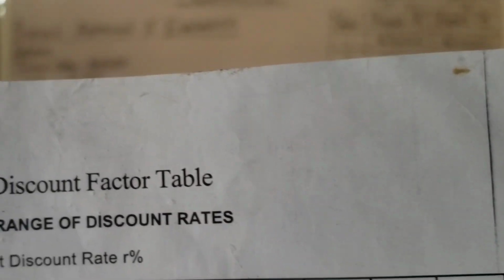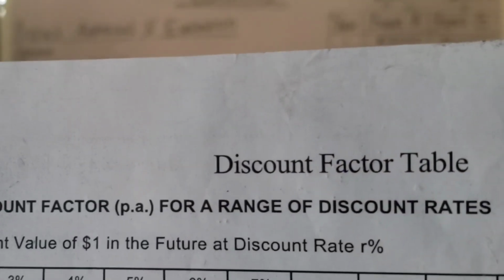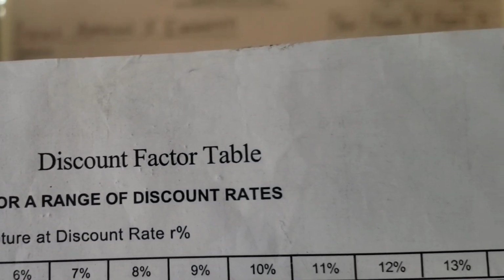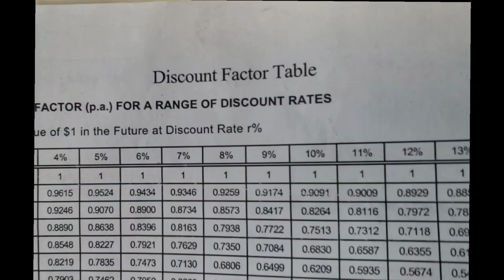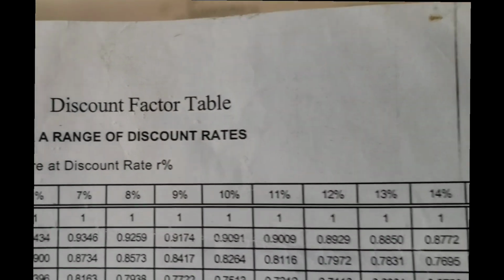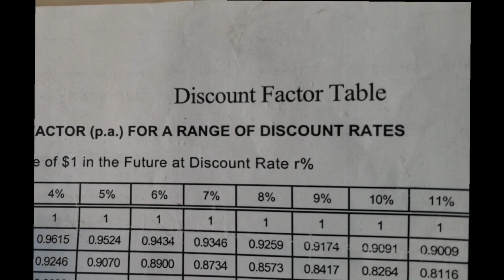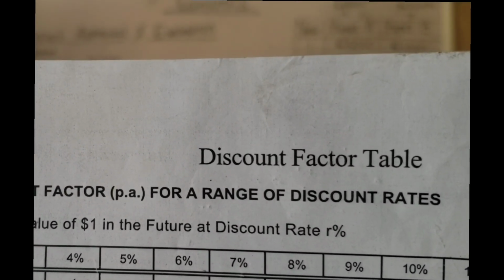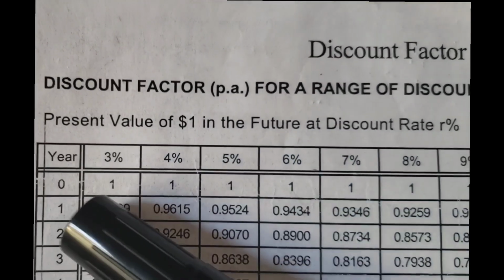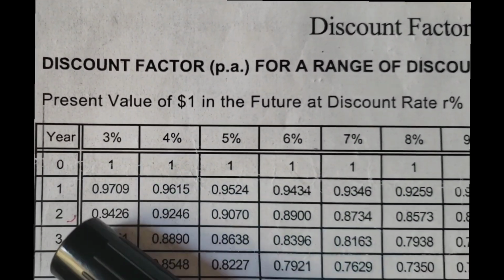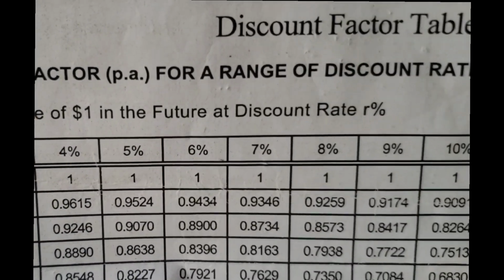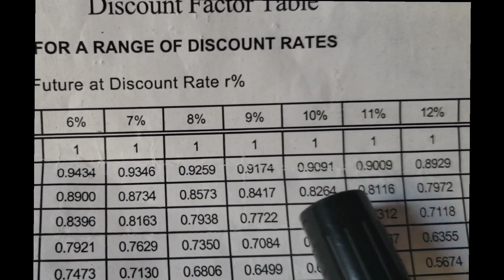Now, the discount rate that we're given in the question is 15%. So on this table, we are going to locate 15%. Don't forget, 15% for year 1 to year 6. That's what we need. We don't need year 0. You can see year 0 here, but we don't need year 0. We need only year 1, 2, 3, 4, 5, and 6. So let's go to year 1 under 15%. This is year 1. Under 15%, that will be